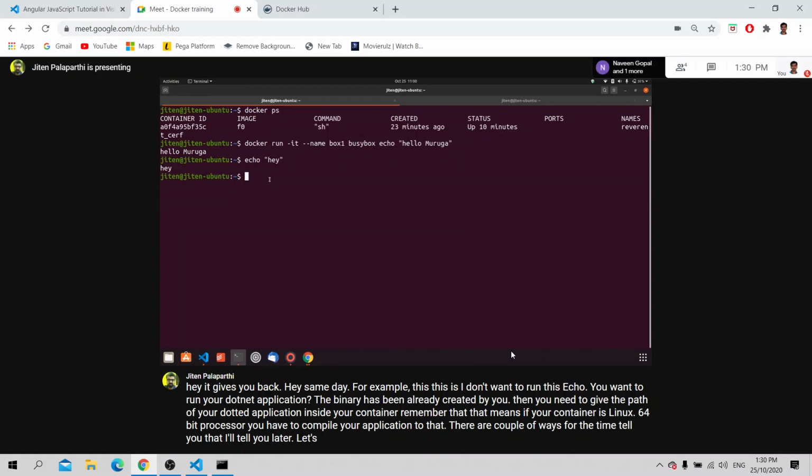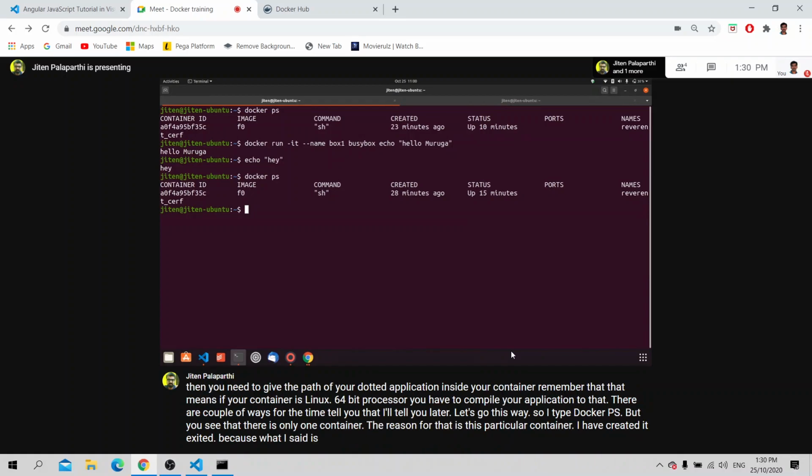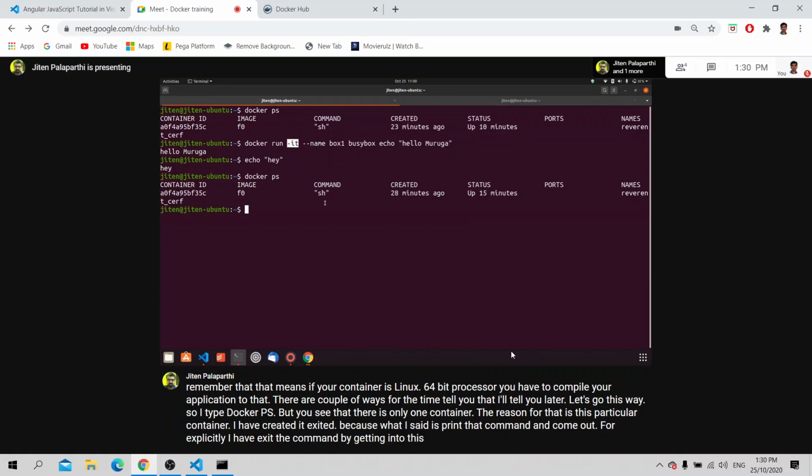Let's go this way. I type docker ps, but you see that there is only one container. The reason is that this particular container I created has exited, because what I said is print that command and come out. Let's see any hidden containers.